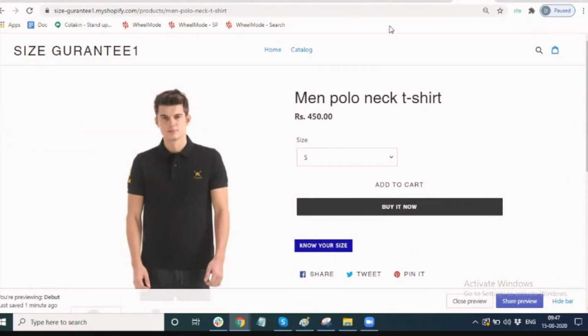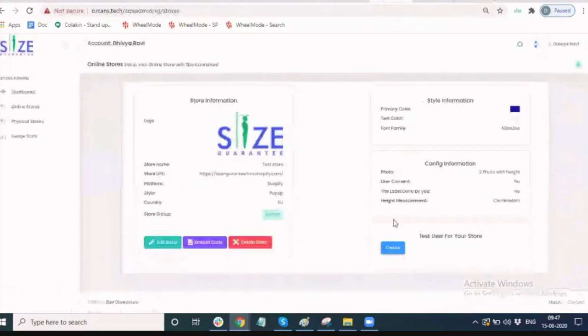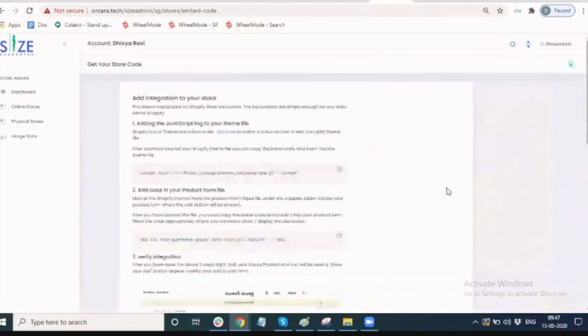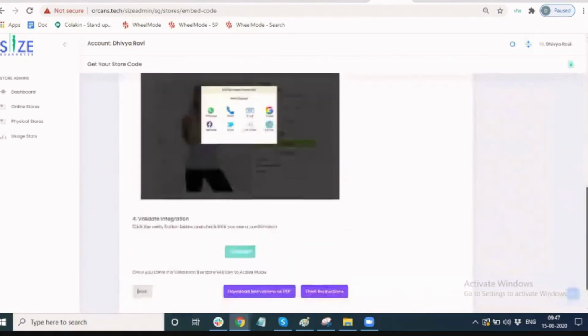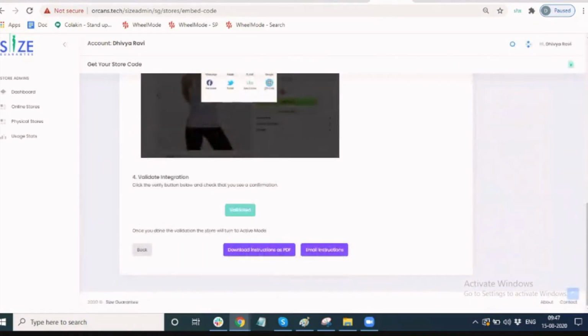Divya, can you go back to that BSS portal? Yeah, just wait a second. So only when the store is validated, and you click on that embed code, Divya, can you scroll down? Yeah, only when the store is validated, click back.